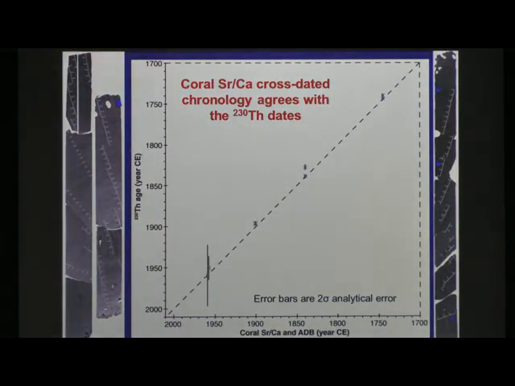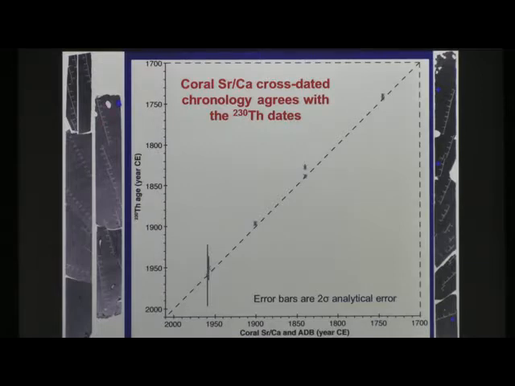Okay. So taking these records together, we have cores where we have unknown dates at the top. To establish a date, I used two different methods. One was cross-dating, which I borrowed from tree ring research, where we take the variations in the chemistry of the skeletons and line up those variations. When the variations line up, you can piece a core with a live known date with the core with the unknown date. The other way we're going to establish a date is uranium-thorium dating. So I have several dates we collected.